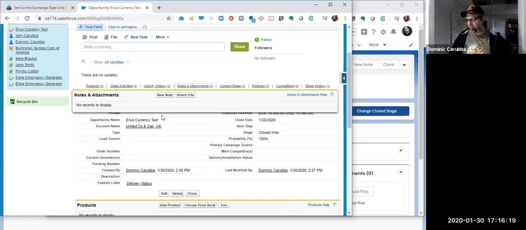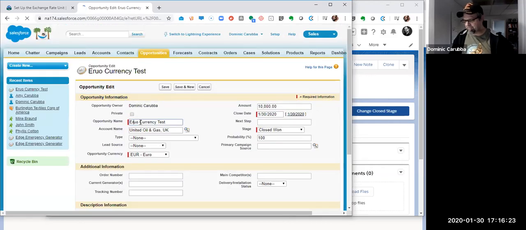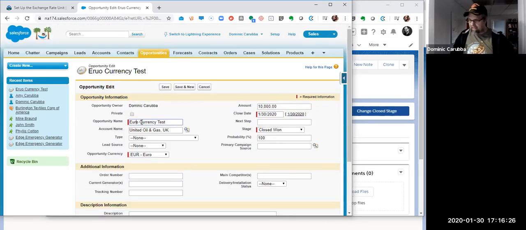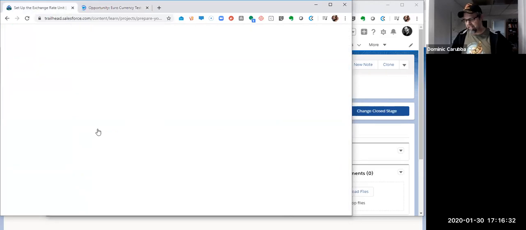Oh, I misspelled euro. Like it cares. It cares. And that, by the way, is a lesson about Salesforce. If it ain't exactly right, it ain't right. So now,